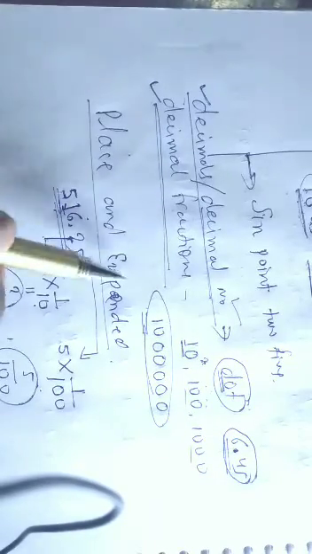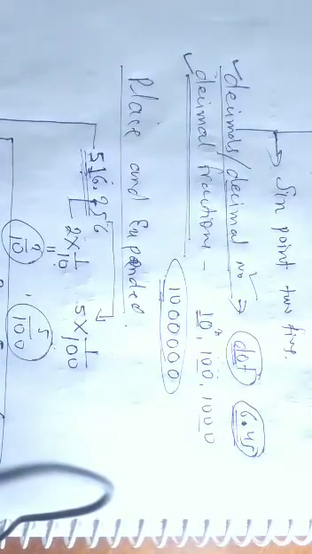Now expanded form, how will we write these numbers in expanded form? Suppose we have to represent this number, 516.25, in expanded form. This is 500 plus 10 plus 6 plus 2 tenths, 2 upon 10, plus 5 hundredths, 5 upon 100. Suppose there is also 6 thousandths, 6 upon 1000. So this is simply the expanded notation or expanded form of decimals or decimal numbers. I hope you have understood this.